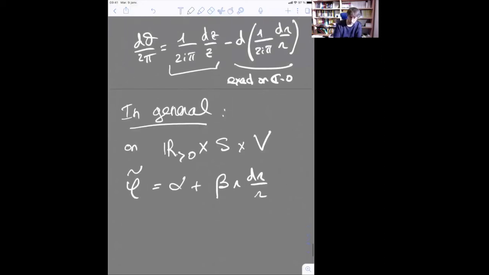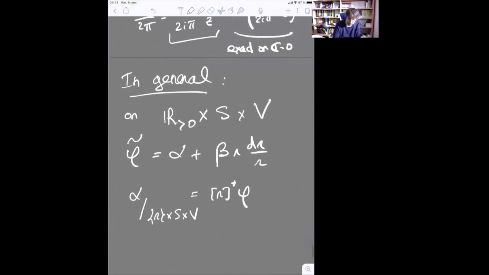Alpha restricted to r times S cross V is just phi but rescaled by r, and beta restricted to r cross S cross V is just r times psi restricted. Maybe there is a sign mistake. I don't want to check now, but you see that therefore